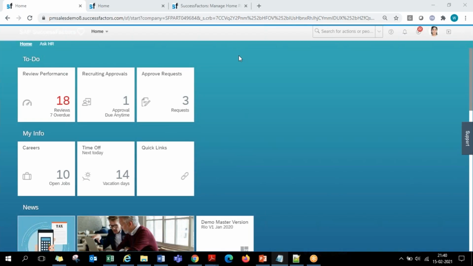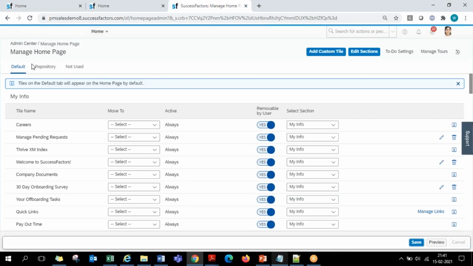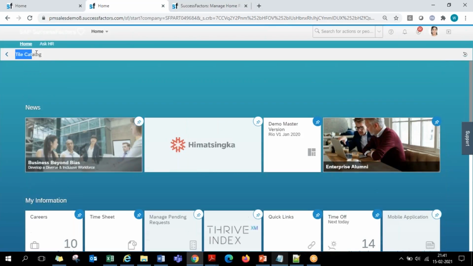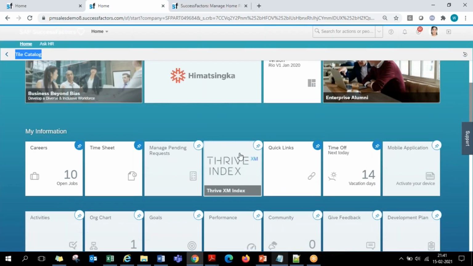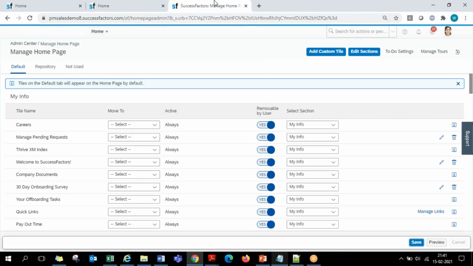So the tiles which are available in default as well as repository, both will be part of the personalized homepage under the tile catalog. Here under manage homepage, default and repository, what you see, these all clubbed up will come here under the tile catalog. Okay, but if you go back, default is an additional thing. And if you go back to default and repository, if we are giving the option that it can be removable by user, yes or no, then